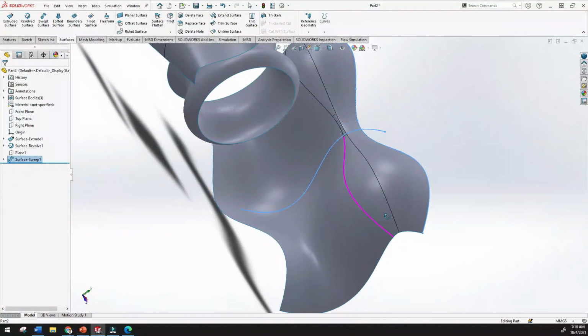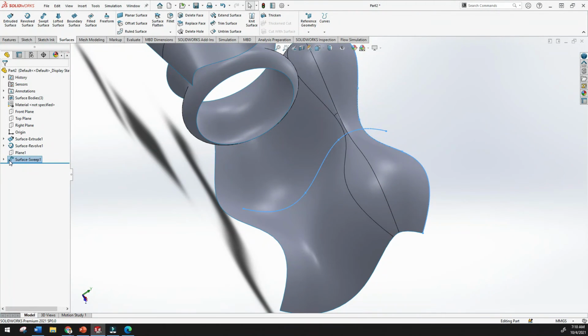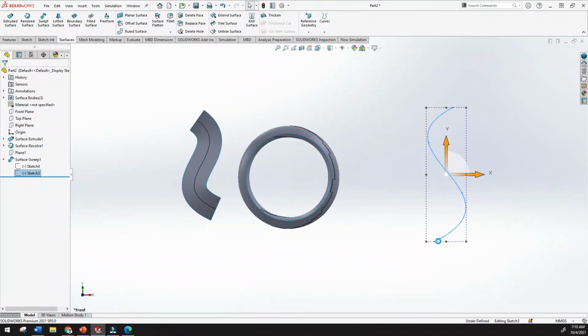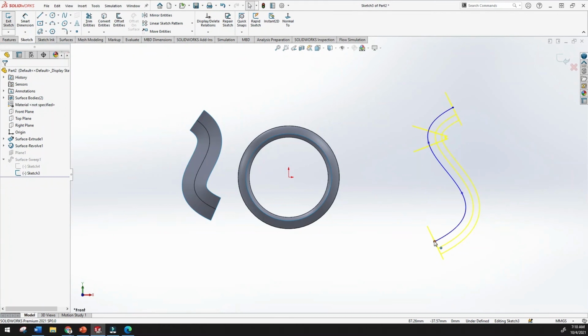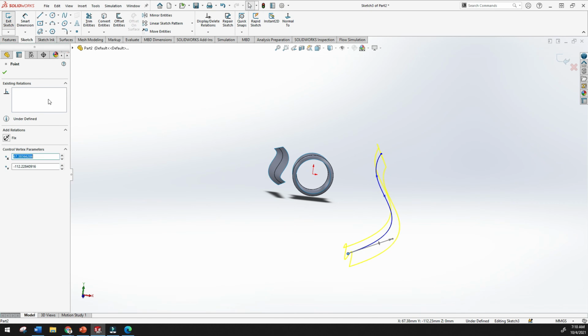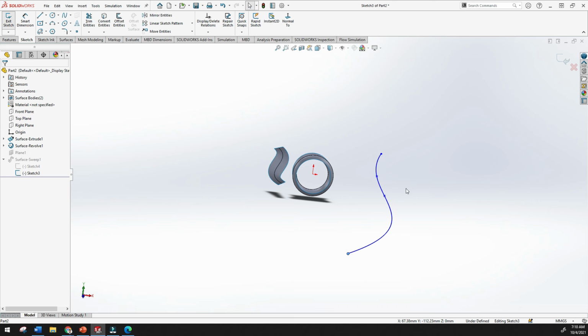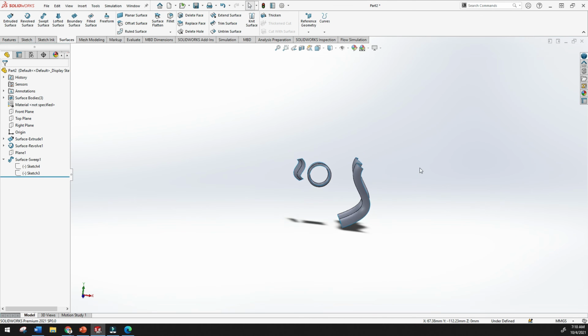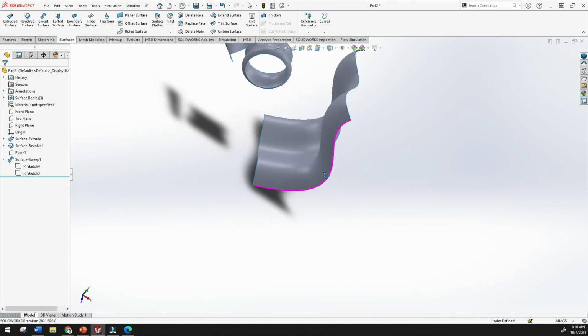And you can give any path. Just click yes and sketch. This is my path, and you can change the path and you can see my surface will change. Just click yes, done. Here it is. How beautiful it is looking.